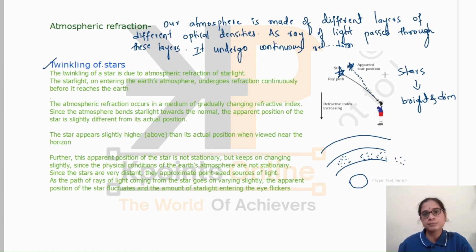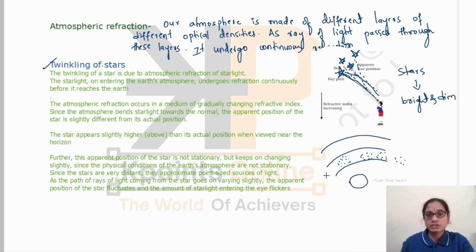And again the earth's atmosphere is continuously changing. Sometimes the refraction will take place in a different way. It may take place like this, and this ray looks as if it is coming from here. And sometimes the refraction may take place like this, and it may look as if these refracted rays are coming from here. Because of the continuous change of atmospheric conditions,